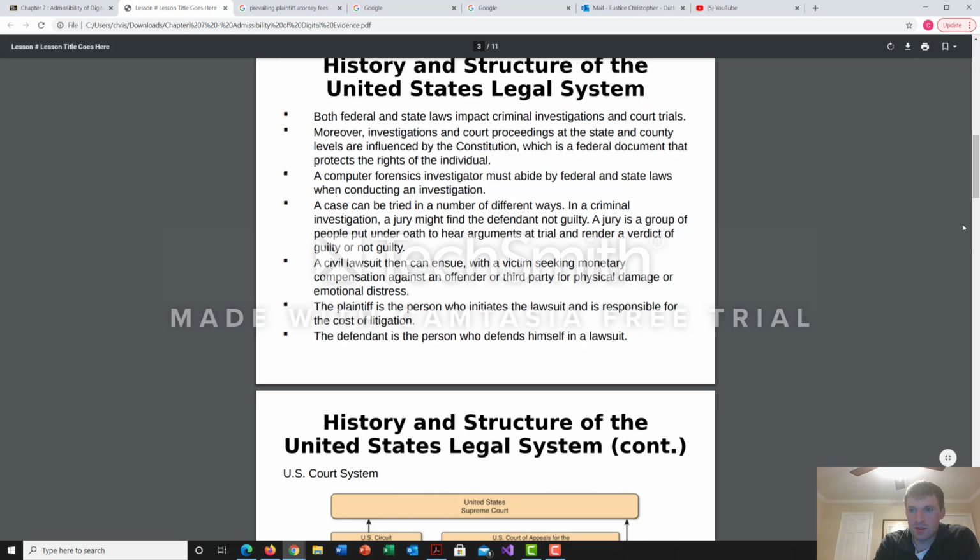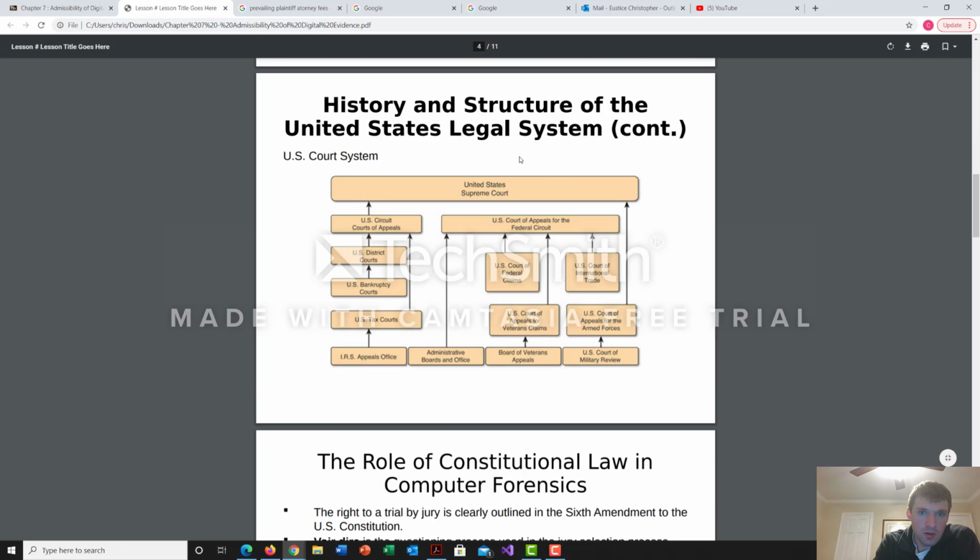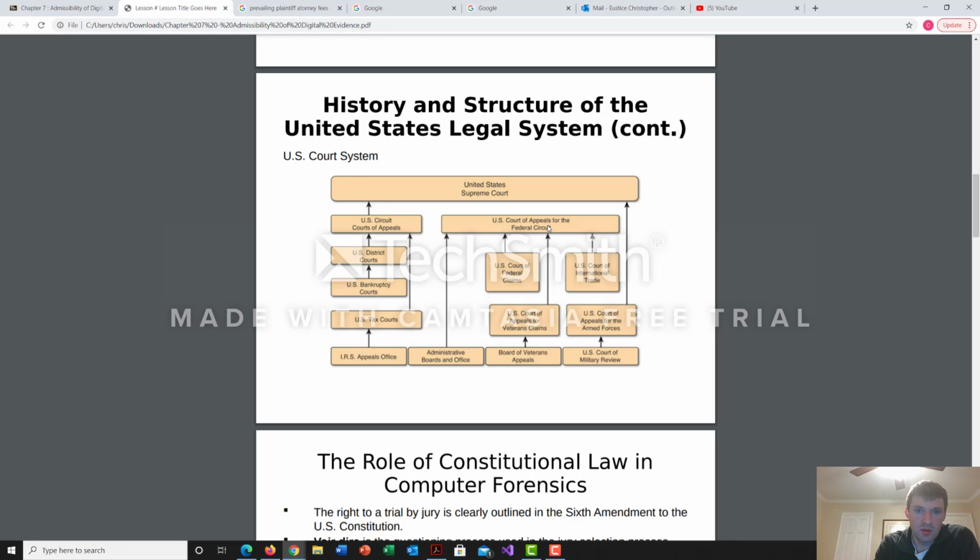Okay, the defendant, yes, that's true. Okay, history and structure of the U.S. legal system. The U.S. Supreme Court, U.S. Court of Appeals for the Federal Circuit, U.S. Court of Federal Claims. Okay, these are claims against the U.S. government. So if a plaintiff has a claim against the U.S. government,